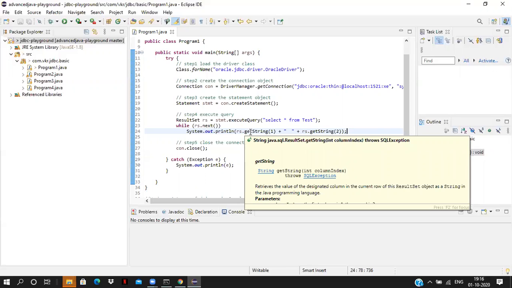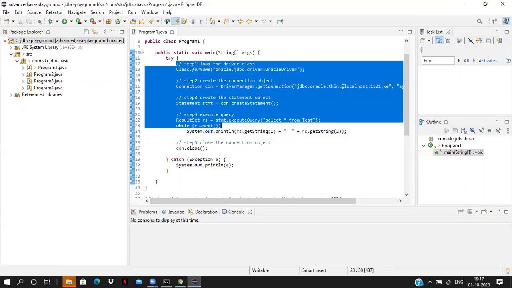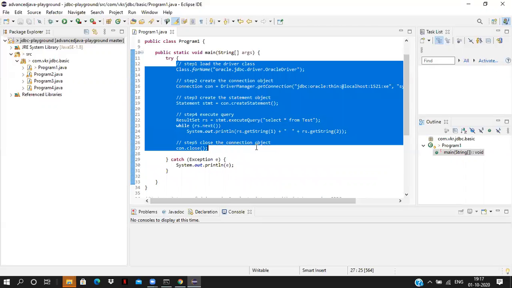Learning Java means learning what methods are there inside our classes. JDK developers have already developed them, so we need to know how to use those methods, what methods and what variables are there. If you learn that, you can do any kind of coding in Java. Everything is class based; Java is class based and object oriented. If you want to learn Java easily, just remember what classes are there and what methods are inside the classes.